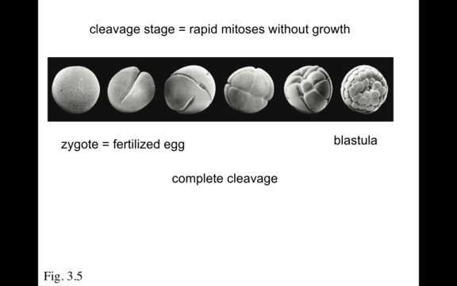All right, on we go. So here's just some more images of that early frog development. We've got this cleavage stage. We've got complete cleavage. That means that cells are forming complete cells. A fertilized egg and early embryo is called a zygote. And in amphibians, the early zygote develops into this blastula, and then it goes through gastrulation and neurulation and so